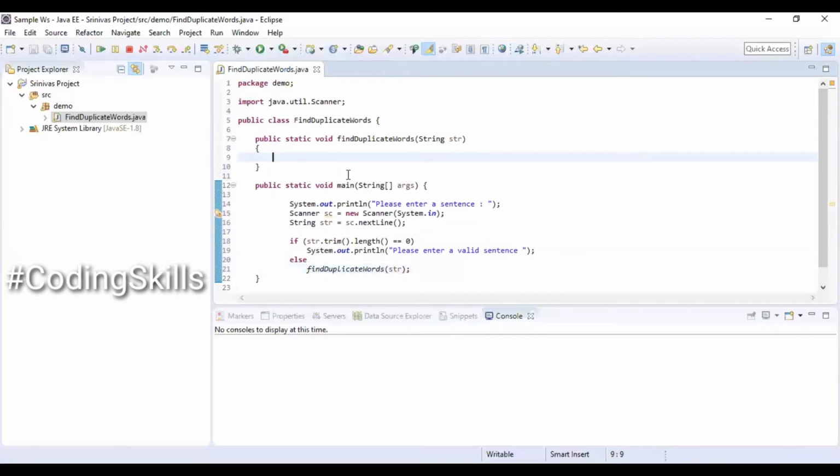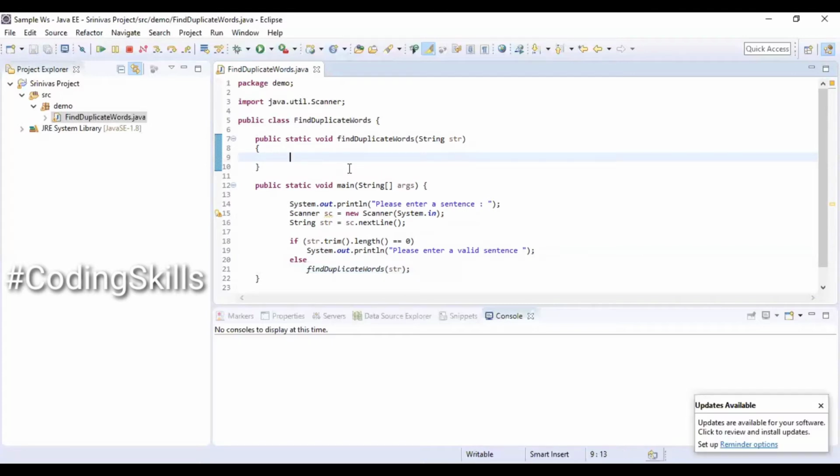Now we will proceed with the actual implementation within the method body. Creating a map object with a key-value combination, string as the key and integer as the value. I'll be storing each and every word as a string and the number of occurrences as an integer, which is of type HashMap.